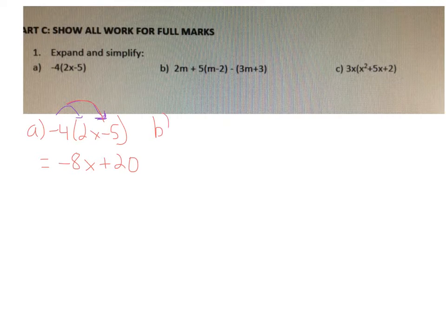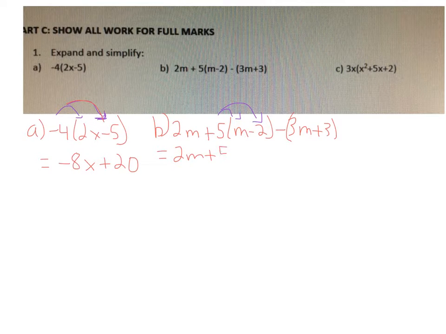For question B, we have 2m, and then we have 5 bracket m minus 2. That's a rainbow. So you can go ahead and draw your arrows as soon as you notice that. And then we have minus 3m plus 3. We're going to deal with that in a minute. Let's do our rainbow first. 5 times m is 5m, and 5 times minus 2 is minus 10. Now, if we want to get rid of the bracket in that last binomial term,